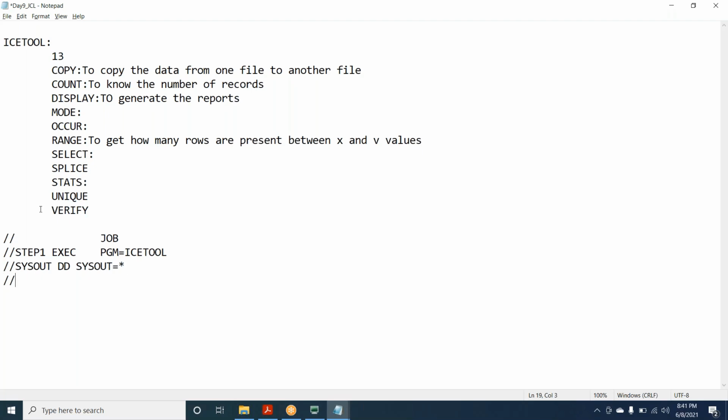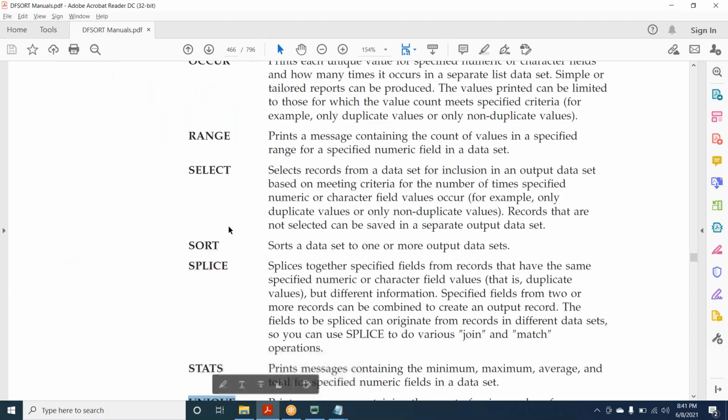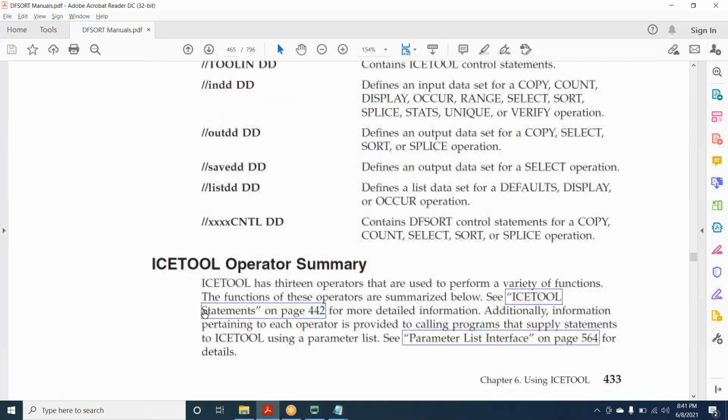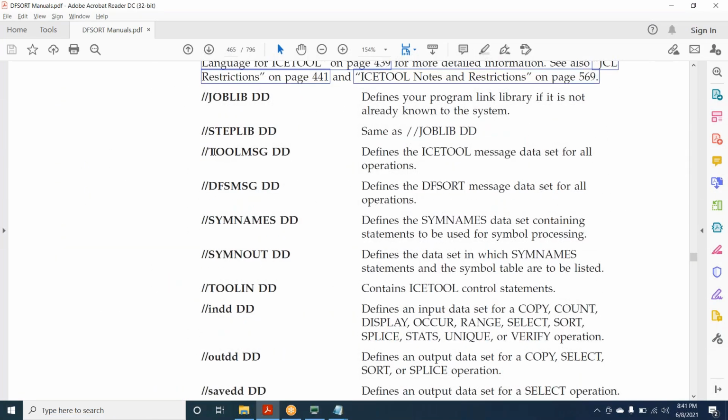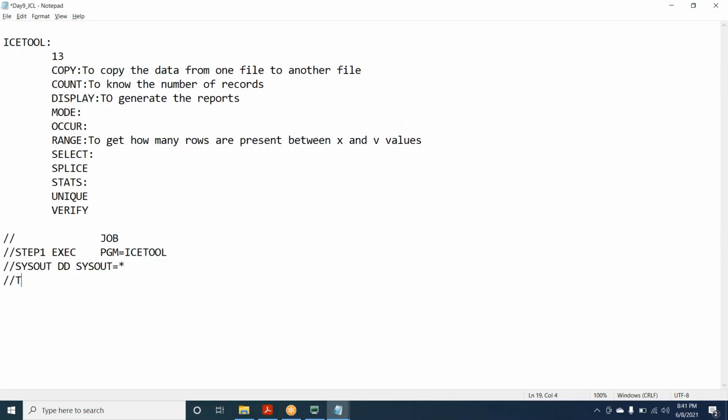Then there are other predefined DD names specific to ICETOOL. One is TOOLMSG. If any error is related to ICETOOL, those errors will be printed in TOOLMSG.